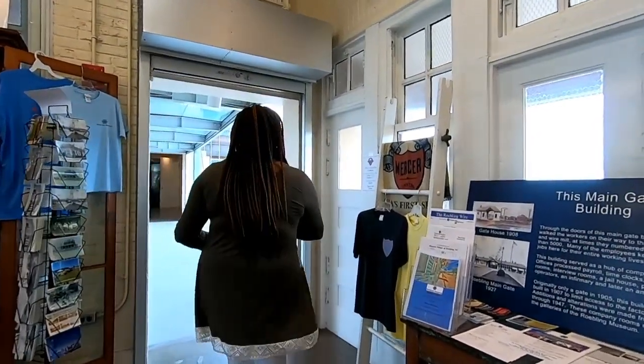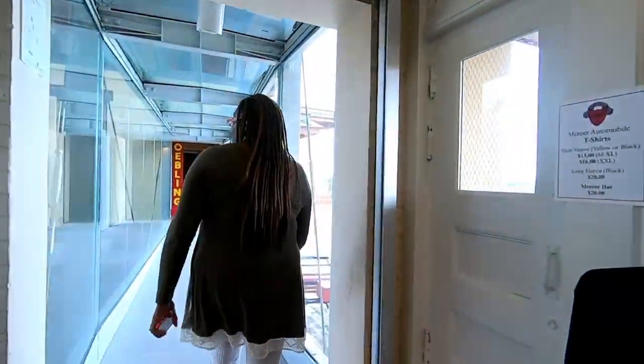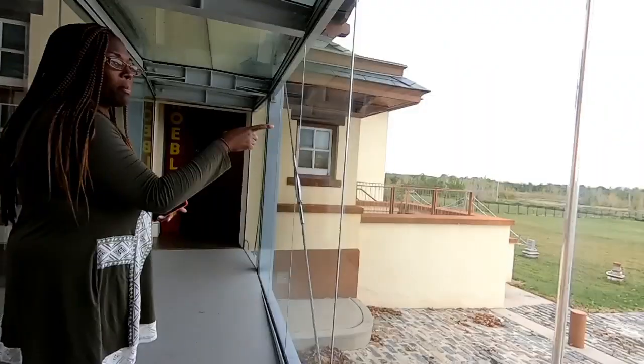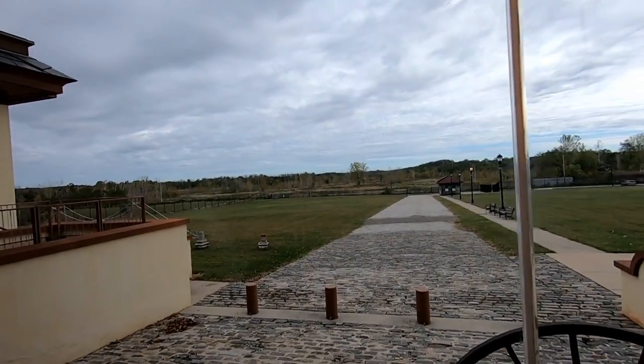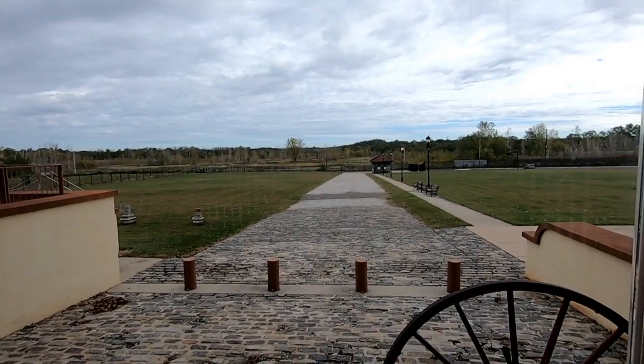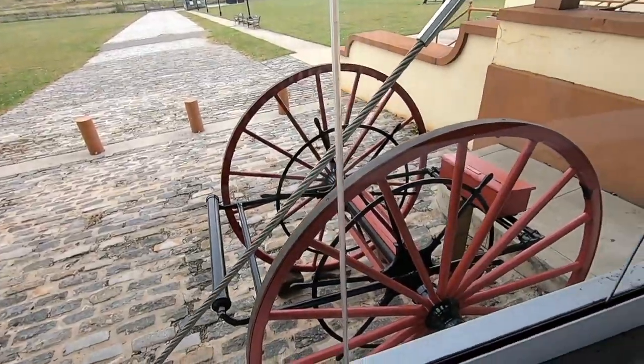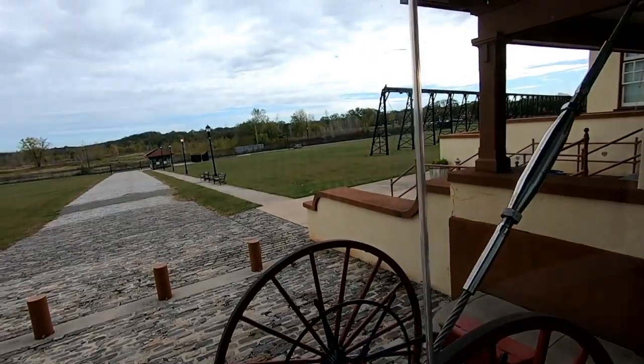You're more than welcome. Let's go this way. The actual main gate, you can see the pathway where people walk that. The same pathway that was in that painting is right here, that green building. So the last remaining buildings were all the things, and you'll see pictures and maps that show you what else was here. That's actually an original fire hose reel